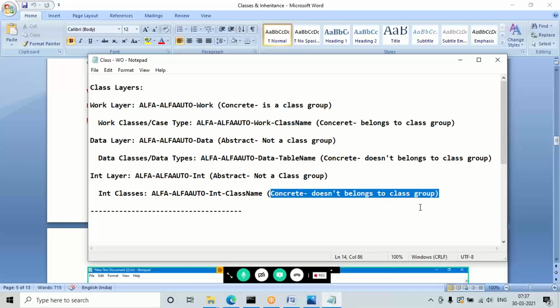If you think about it, don't worry, this is Pega-defined structure, so we cannot change or update those things. These will be created automatically. The only thing is we have to provide the names at runtime, and these types will be created automatically. I'll show you that whenever we work on tables, integration classes and work classes, and at that time we will understand them again.